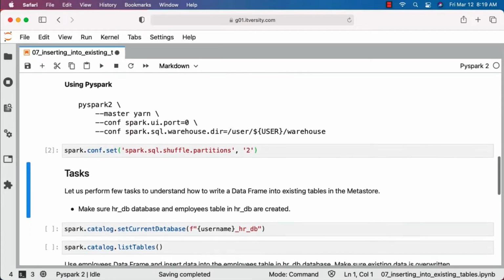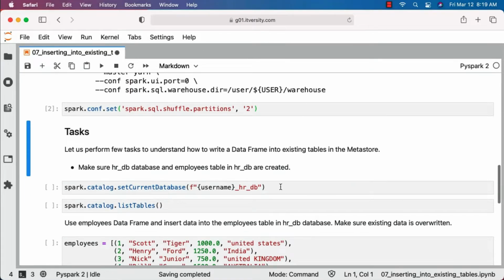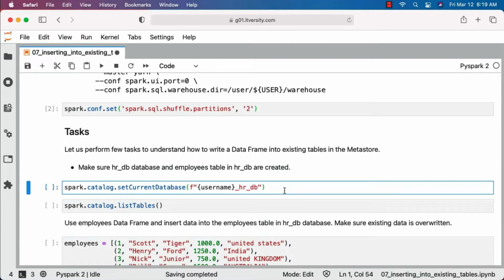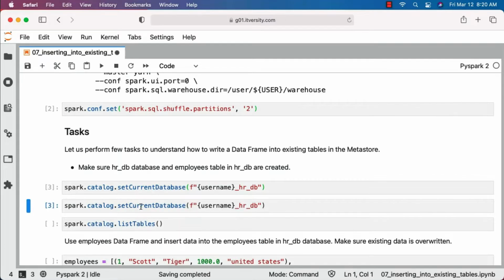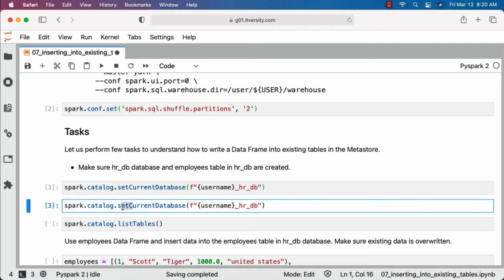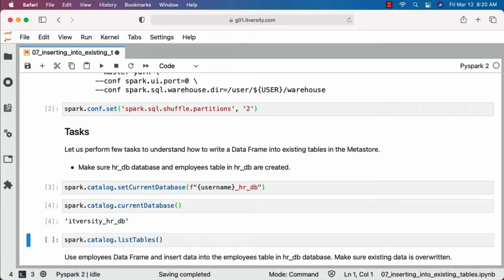Once this is set to 2, we should be able to attach to the database by using setCurrentDatabase like this. It will take care of attaching to the database which was created as part of the previous topic, which is nothing but my username underscore hr underscore db, which is itversity_hr_db. We should be able to say spark.catalog.currentDatabase like this to confirm which database we are attached to or connected to. In this case, you can see that my session is connected to the itversity_hr_db